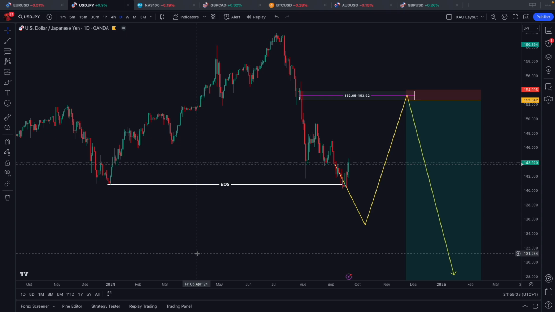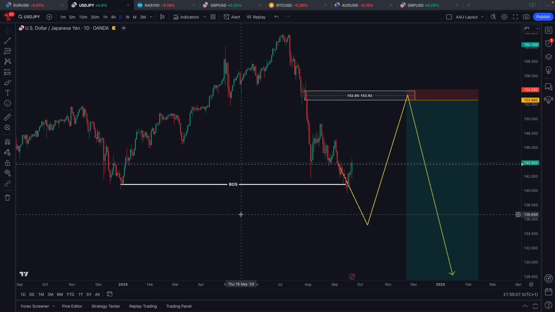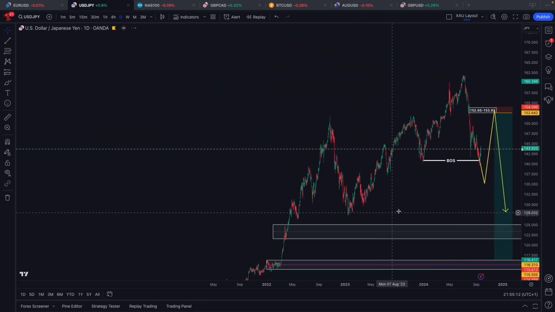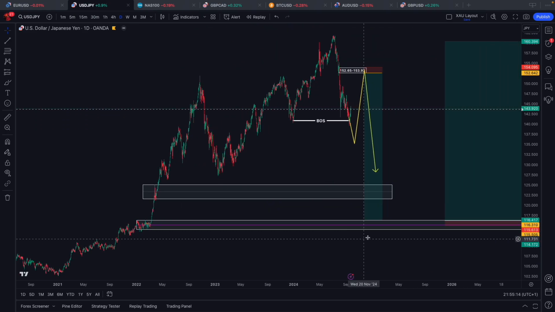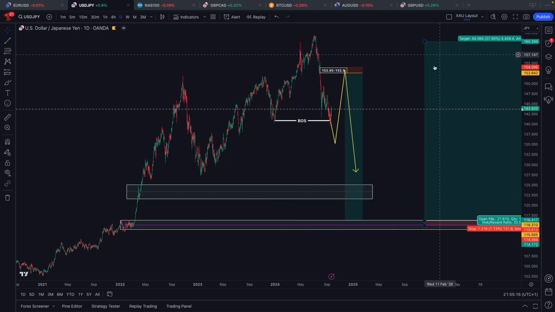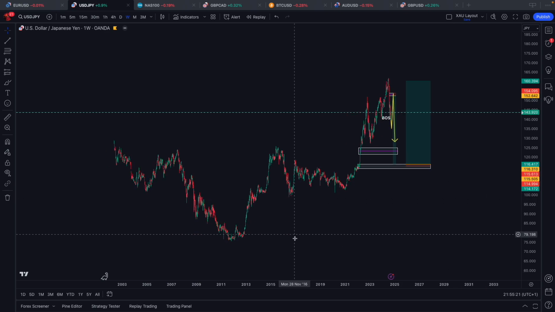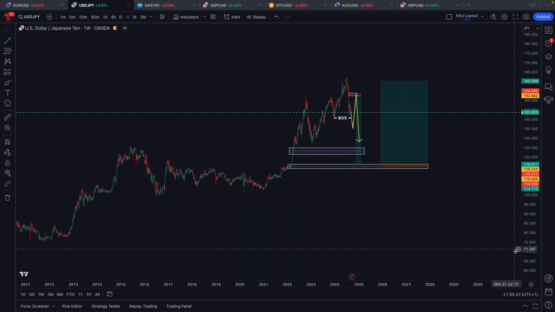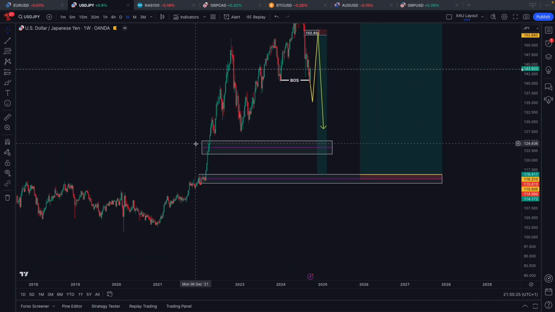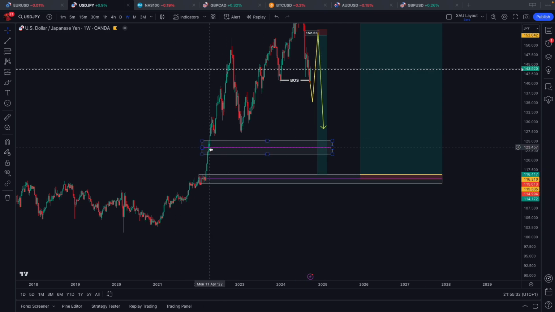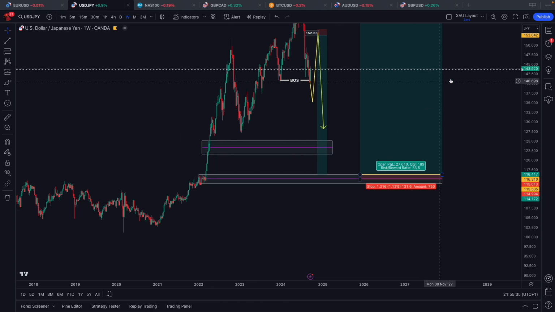What we are seeing and what we have seen is a break of structure to the downside. So I'm under the impression that maybe we are going to see a deeper correction to the downside, maybe trading us into one of two zones here before continuing this bullishness that we've seen for a very long time. And the reason why I believe this is because we have a lot of inefficiency here. All of this is inefficient structure. We want to see that be cleared. So by price coming down to trade that, we're clearing this inefficient structure,